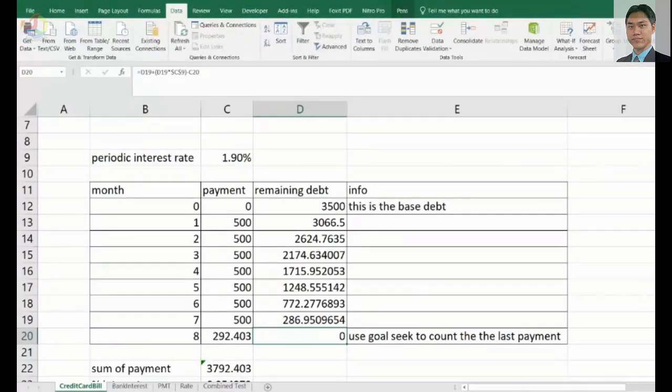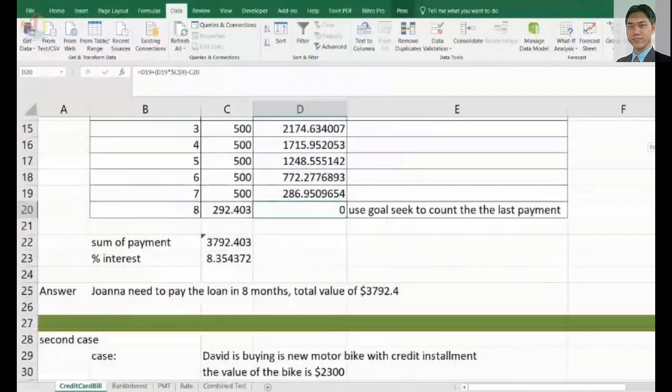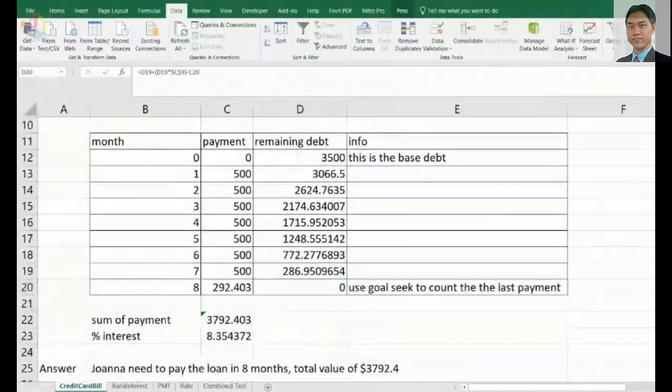Any question for this first example? None? Okay. Let's